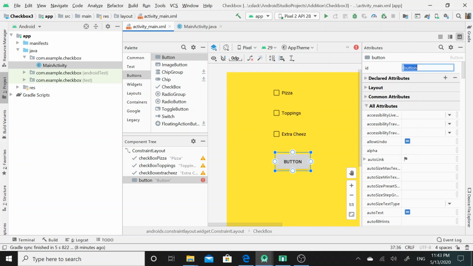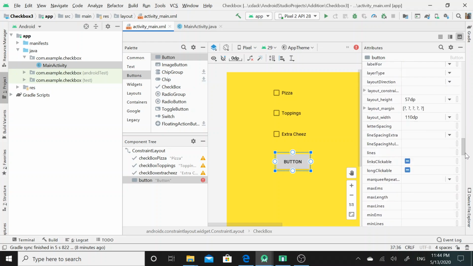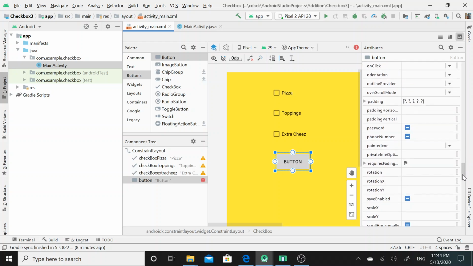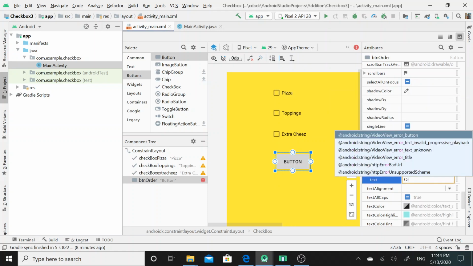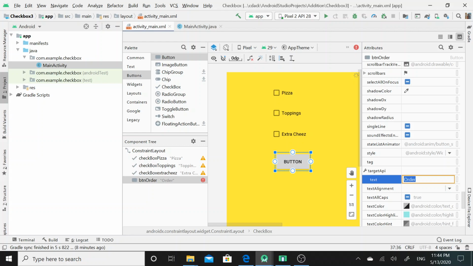I shall change its ID from button to btn_order. Accordingly, I shall also change the text. I would apply order as the text to this UI widget.